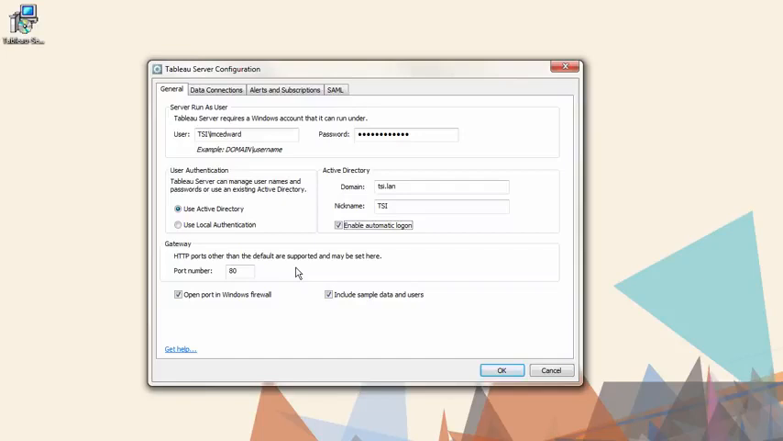Check the option to open the port in Windows Firewall. When selected, Tableau Server will open the port used for HTTP requests to allow other machines on the network to access the server. If you choose to install sample workbooks to the server, they will be placed in the Tableau